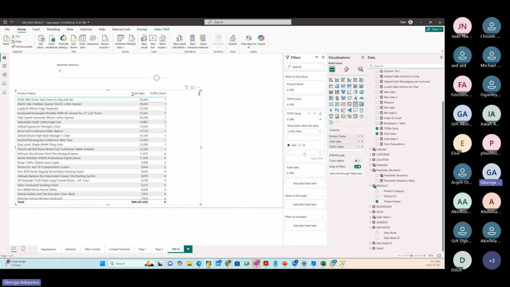And it's only when the top N equals to... this one doesn't have equals to. Okay, let me use greater than. I know the column is greater than 1. 1 is the highest. So if it's greater than or equal to 1,